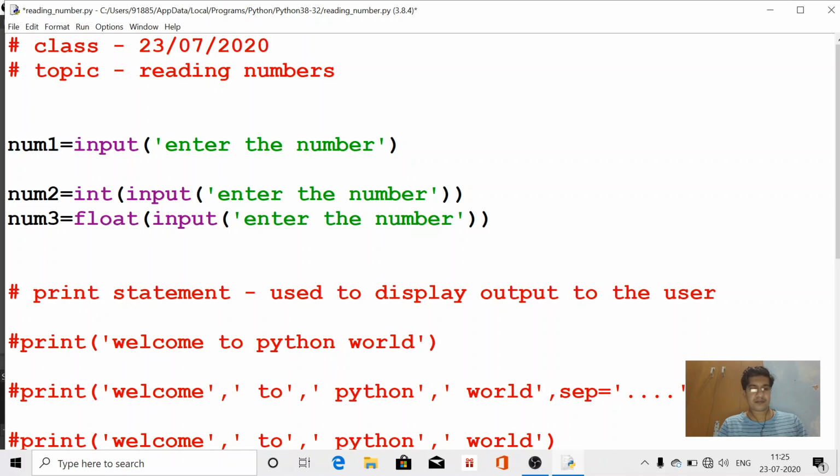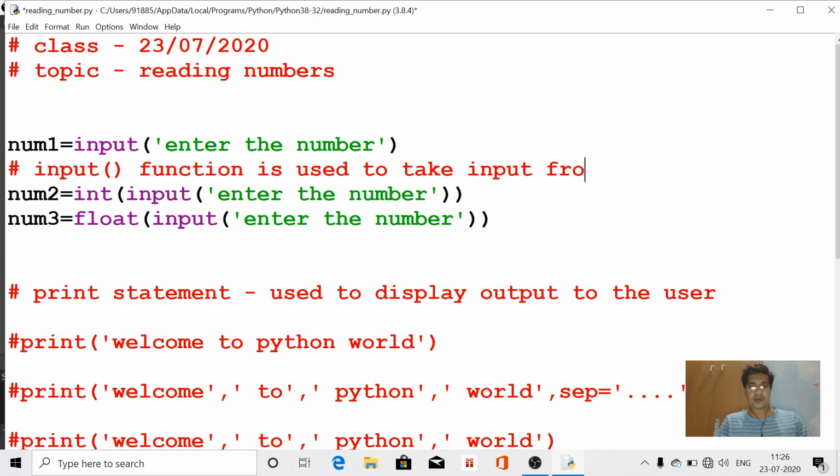That means the input function is used to take input from the user.